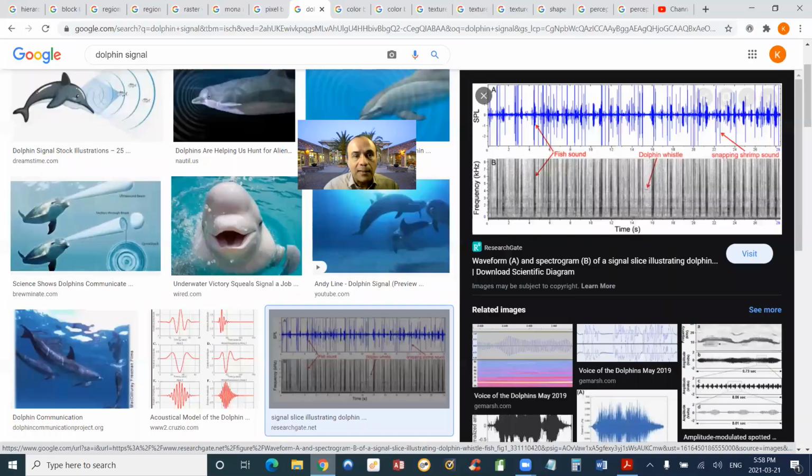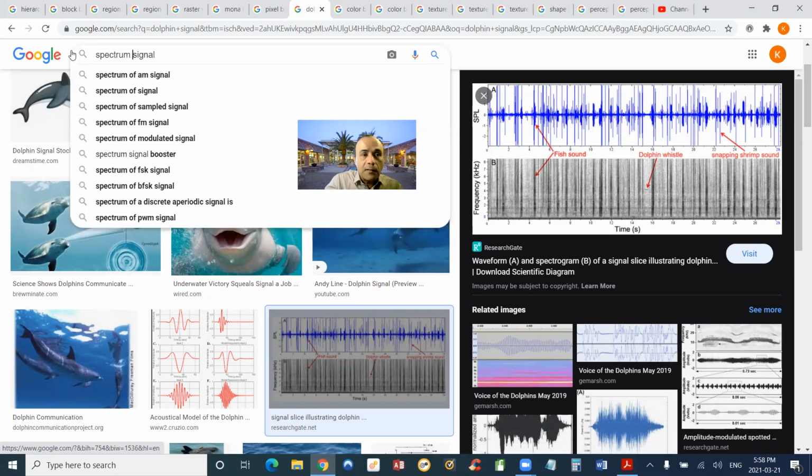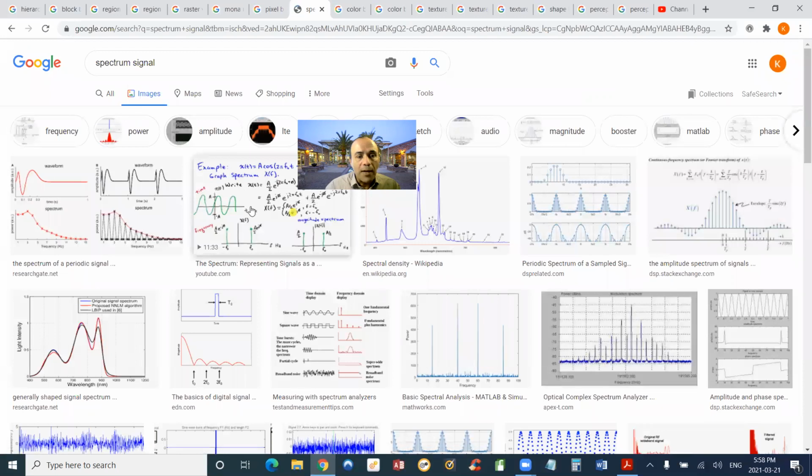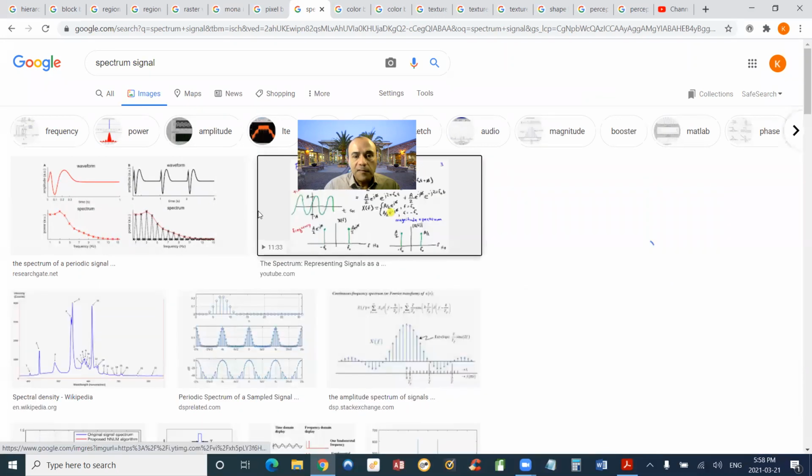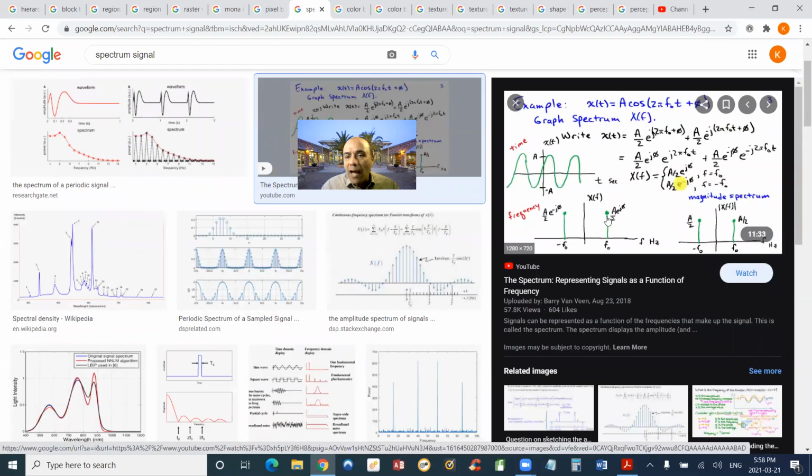So I might as well take a look at the spectrum signal and see if I can show you a breakdown. So this is actually not bad. I want to show you this one. I do have a cosine function per frequency that is going to tell me how many times per second these peaks and troughs are going to repeat themselves in a given second. I could potentially represent the entire signal that is going from minus infinity to plus infinity in only 2 pitches